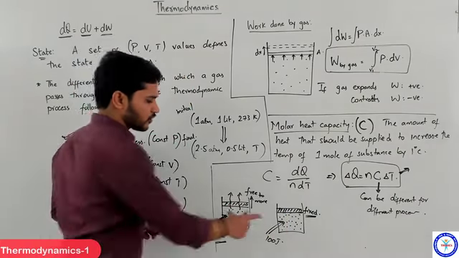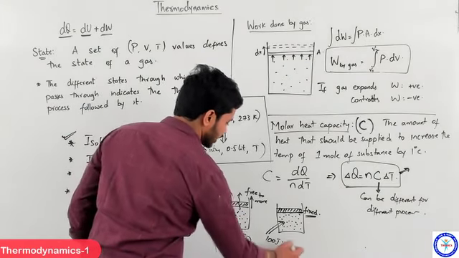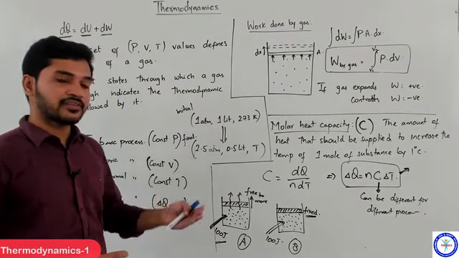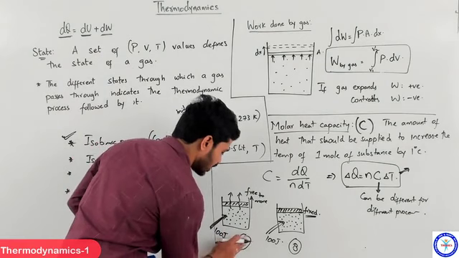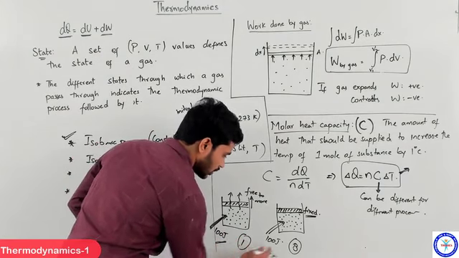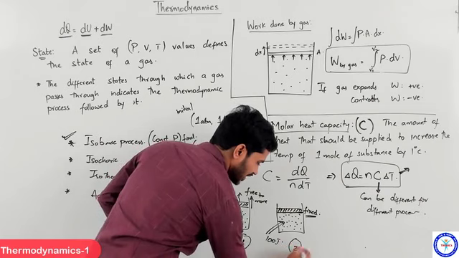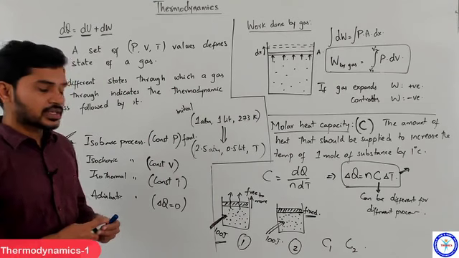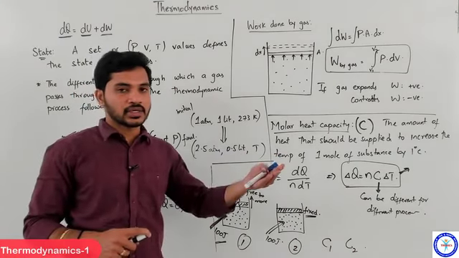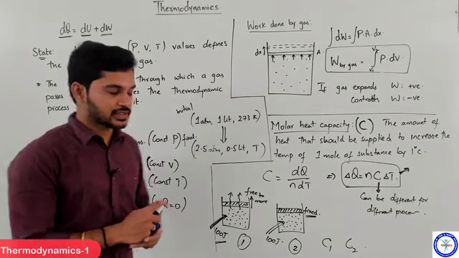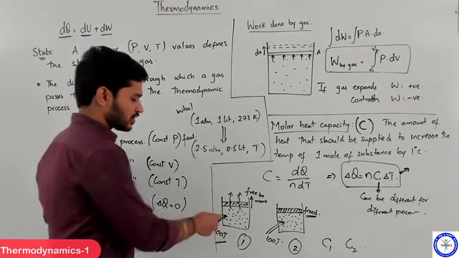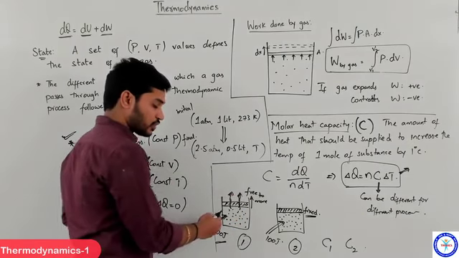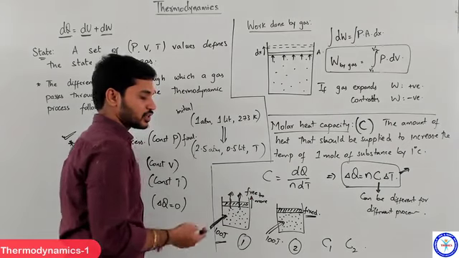So obviously if you compare these two scenarios, case A and case B, if I ask you, in which of these two cases does the gas have more specific heat? Let's call this 1 and this 2. So if I ask you to compare C1 and C2, which is greater? So in which case do I need to give more heat to increase the temperature by 1 degree Celsius? You can think, right? Because in this case some of the energy is being utilized for the surroundings as well. So you have to give more heat here to increase the temperature by the same value.